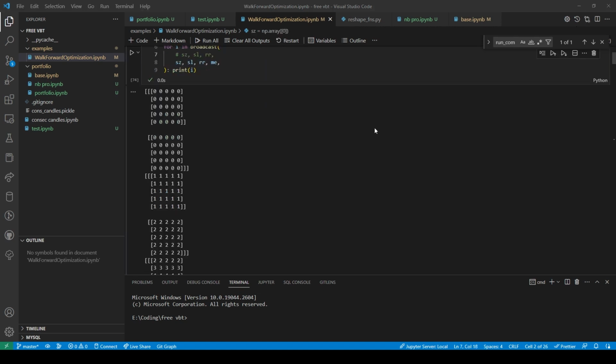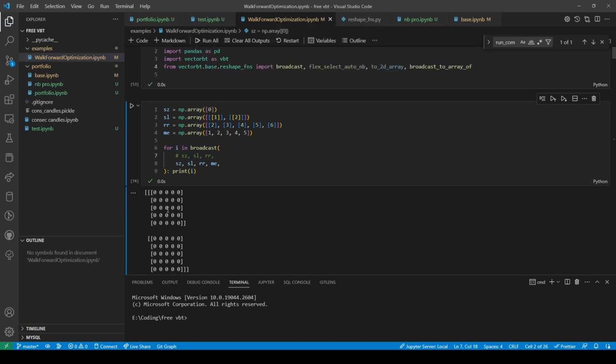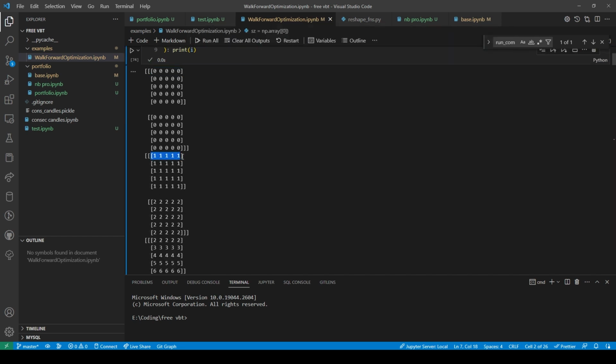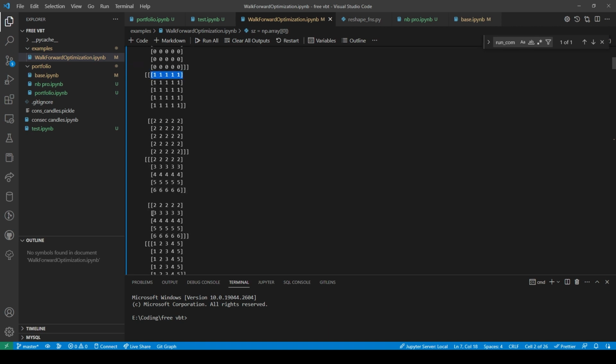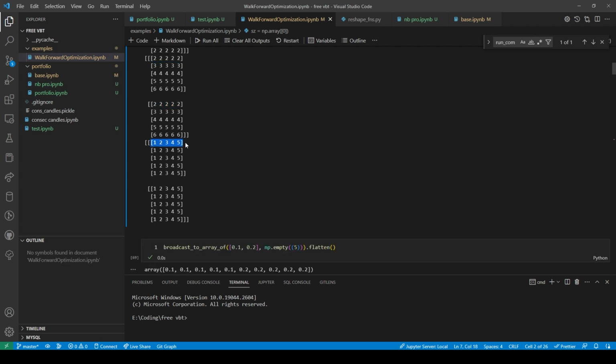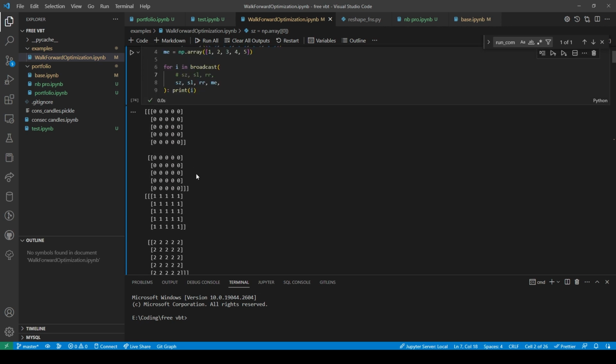So here we have something. It seems to be, if we broadcast, it would be like 0, 1s. Then we have the 2s right here. Then we have this. And then we would come back up and do the same thing.